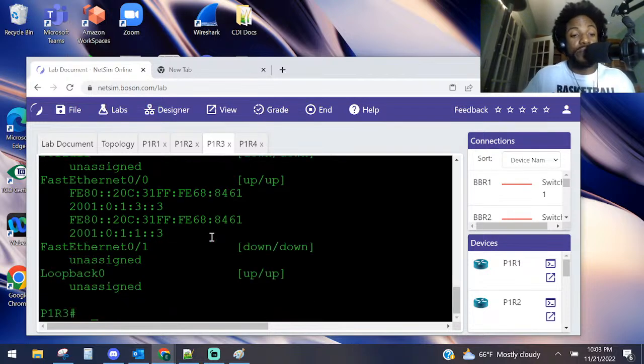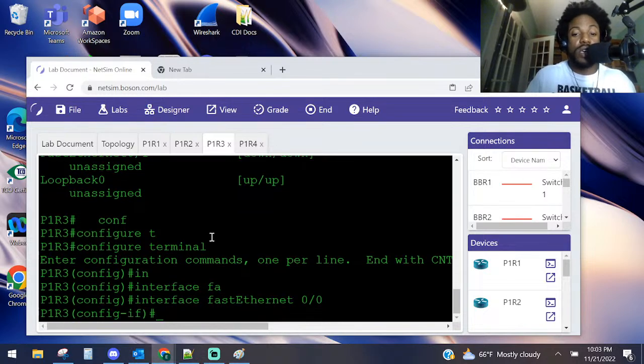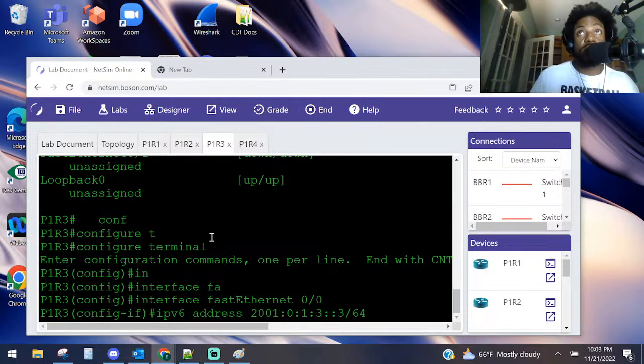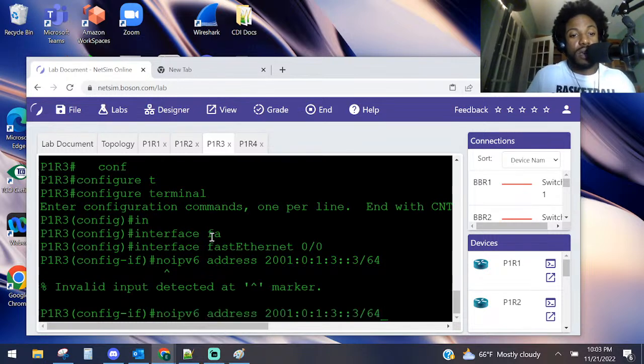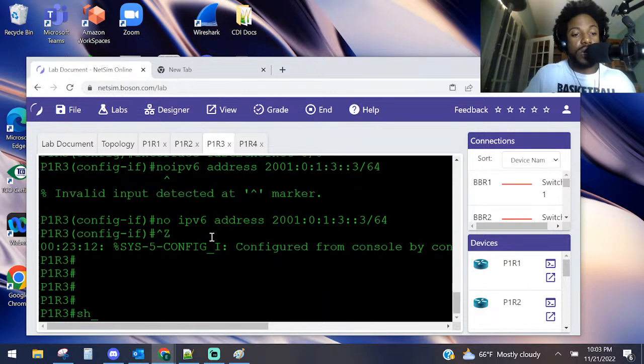So let's go back to global config mode. Go to interface FA0/0, and he is not. FA0 is supposed to be 13. So that's 33. So this is the one that's not. Click no this. Can you do that? No IPv6 address? You can't do that? Oh, you got to do a space. Space. Enter. There we go. And then show our work again. Show IPv6